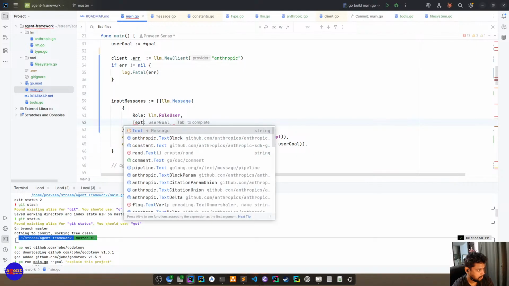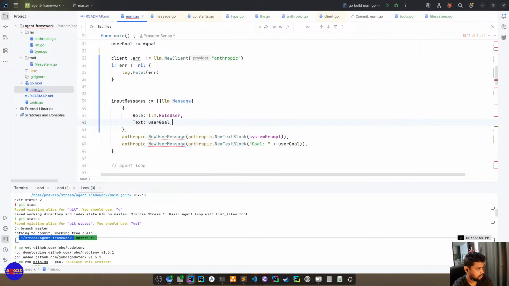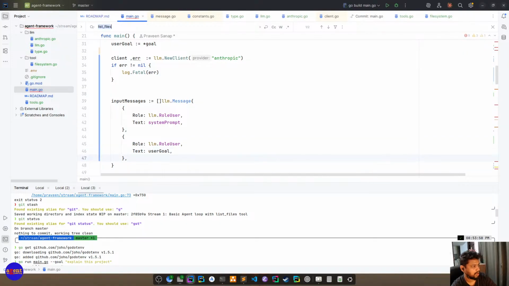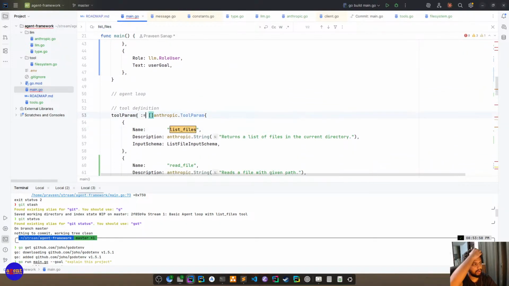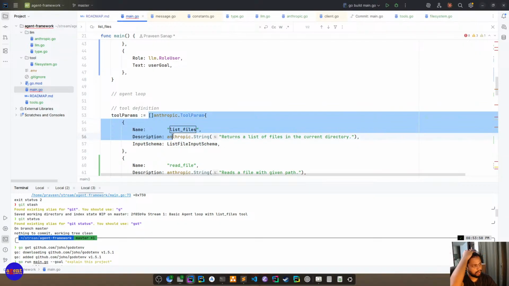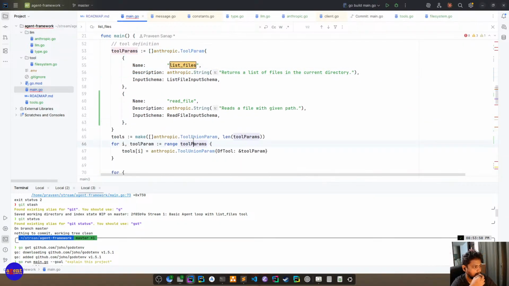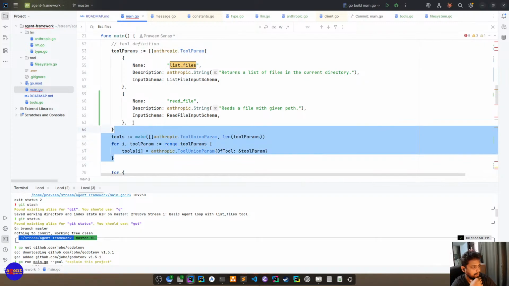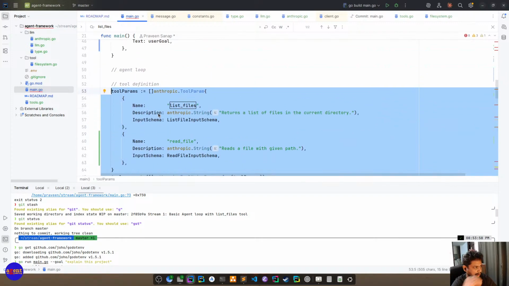Text is the input messages converted here. Here, here, here. We don't need. We just need